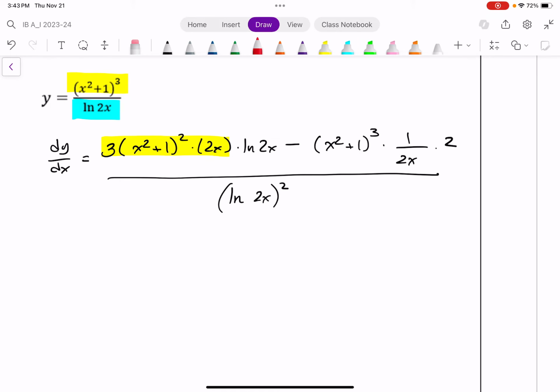Okay, some quick things while I am done. Again, this is needlessly messy. If I look right here, I can definitely cancel those out. I have 1 over 2 multiplied by 2. I still have an x right here. So similarly, let me create a common denominator here. If I multiply the denominator by x and multiply the numerator by x, I have a common denominator. So let's focus on that, which means I have 3 times 2x times x. So that is 6x squared